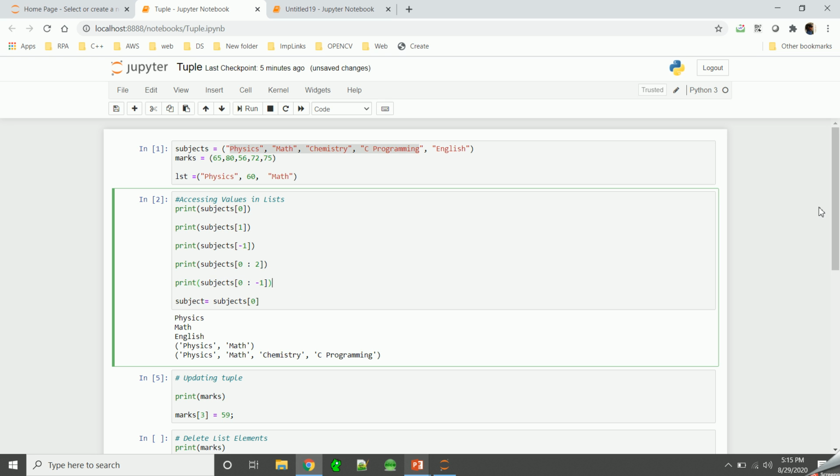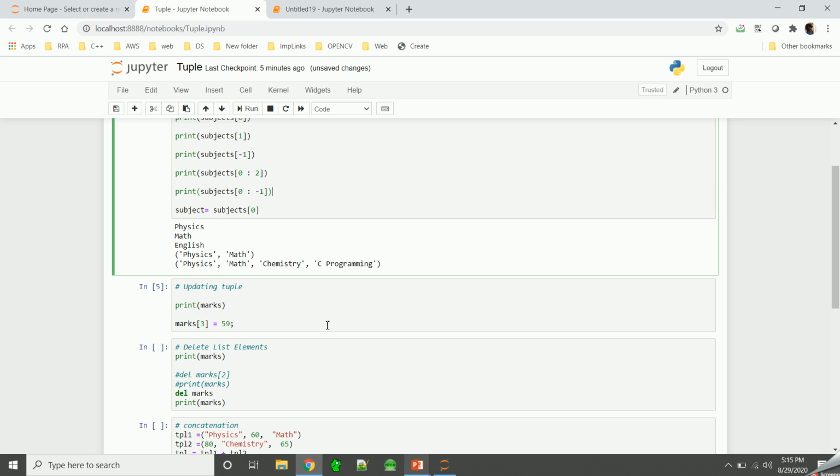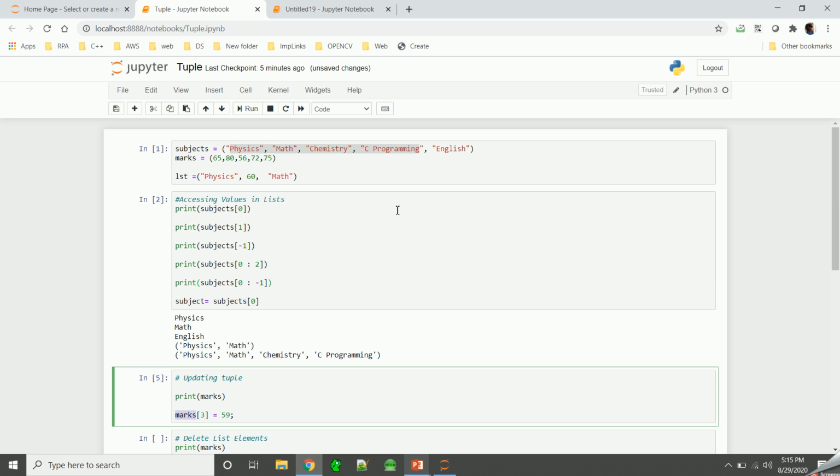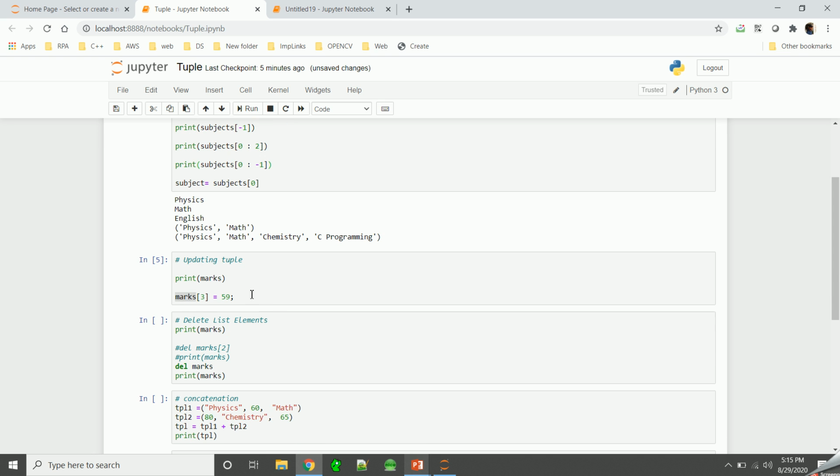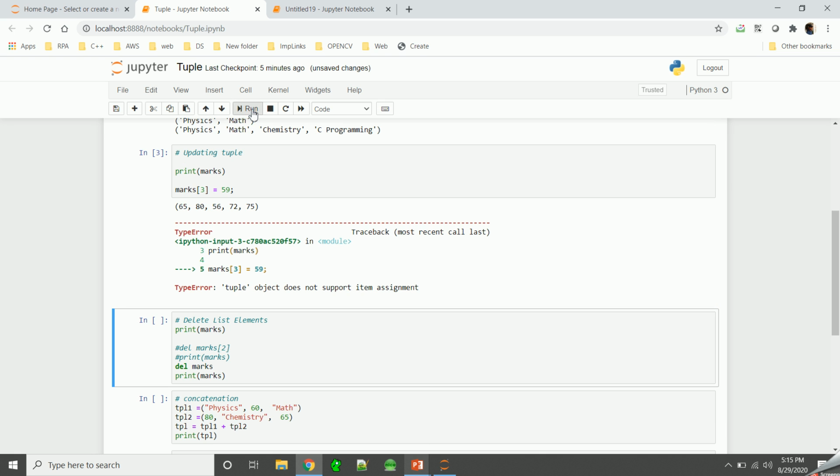Next we'll see the update operation on a tuple. As we mentioned just now, a tuple cannot be modified. So let's perform this operation and try to modify this marks tuple. In this marks tuple we have 5 elements. First we are printing it, and then we are trying to modify it. Let's run this cell and see what happens.